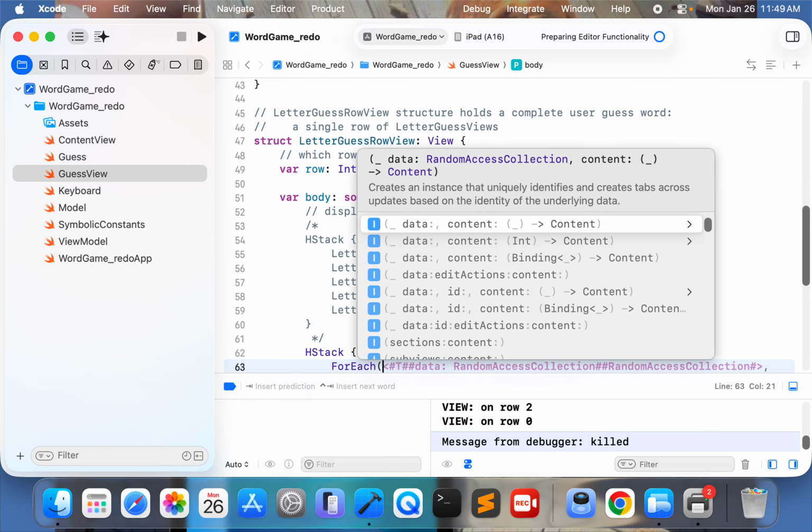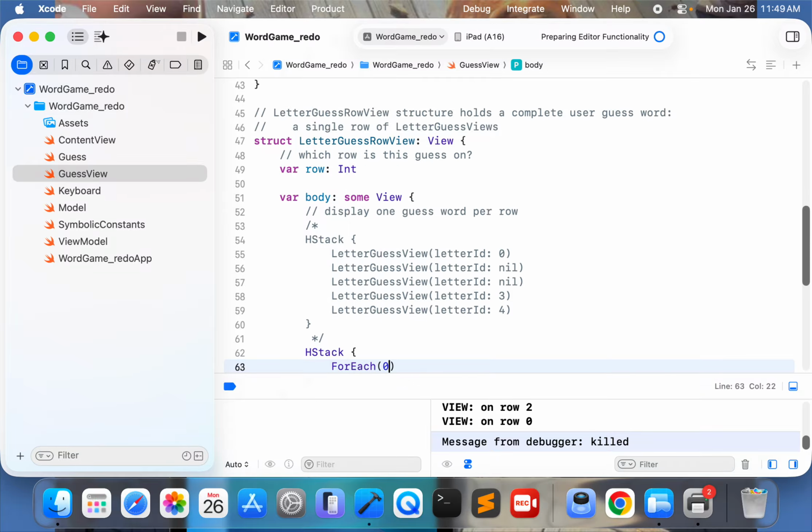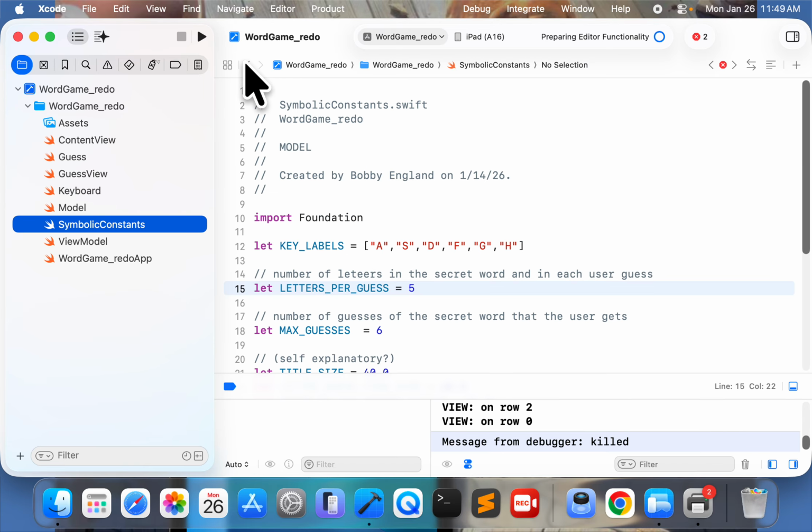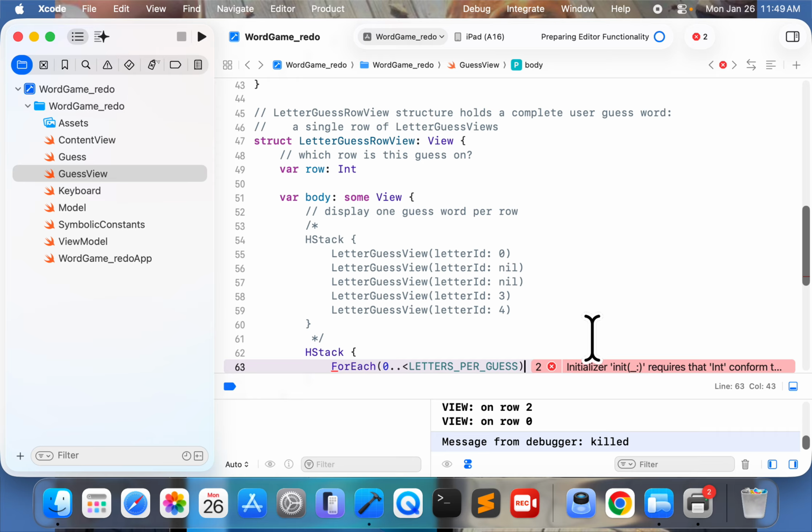ForEach, and what are we making here? This is letter guess row view. This is exactly one row across. I don't know why I'm scrolling across this. Here, this is the top of the view. We need one row that goes across, so it needs to be 5 letters that are initially blank, so they're nil. So it's going to be ForEach 0..<my new constant letters per guess, which, check my memory, I think is 5. Letters per guess is 5, yes. Letters per guess. And for lack of any creativity whatsoever, I'll just call it index